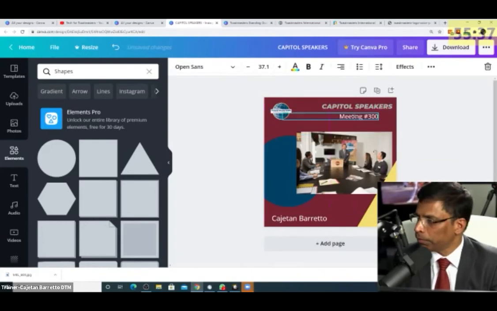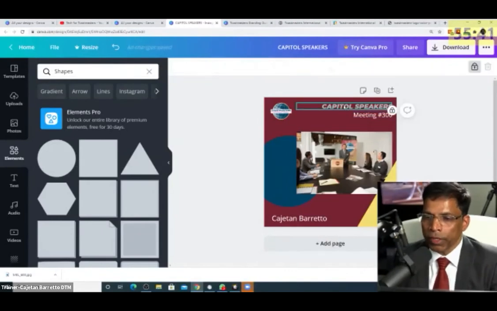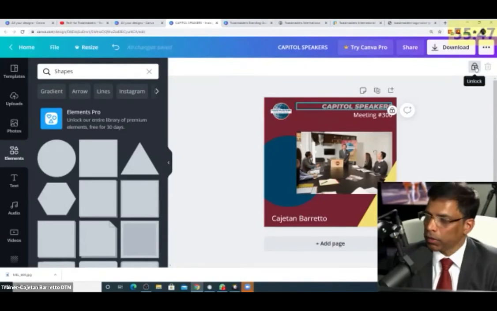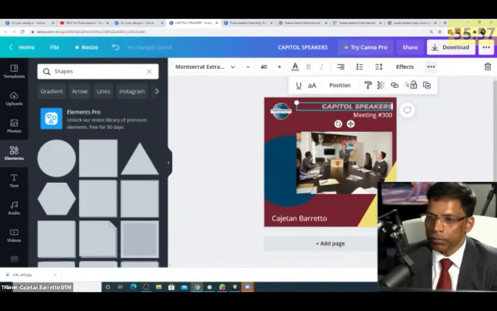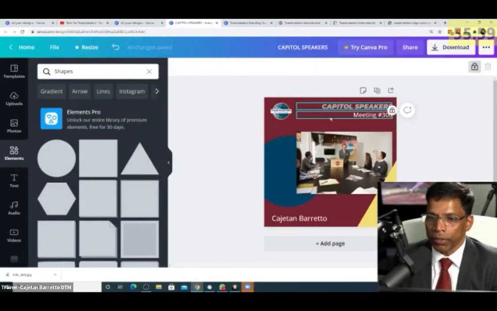I can move it around. Okay. If you do want to move it around at a future point in time, you can click on it and you can unlock it from here. And then all of the options open up for that object. But when you lock it, everything disappears because it's locked. You don't want to make any changes to it.